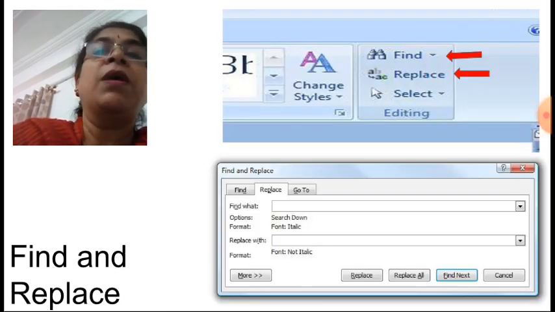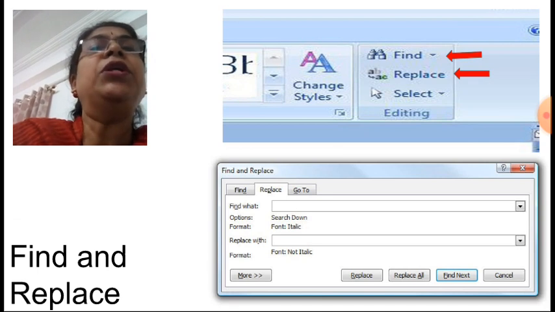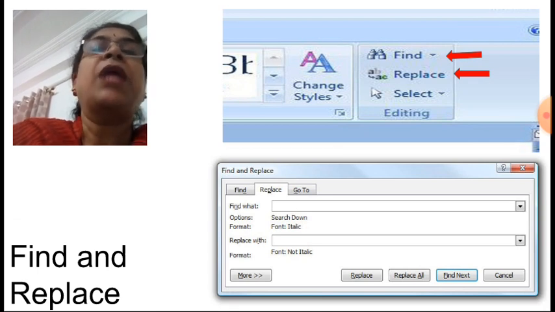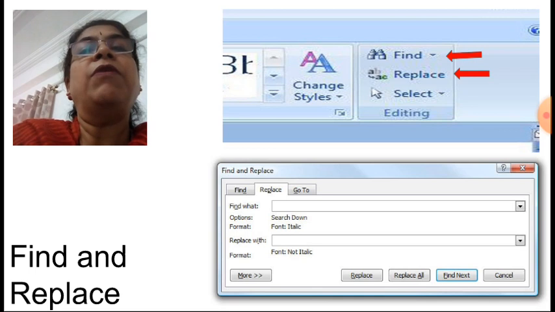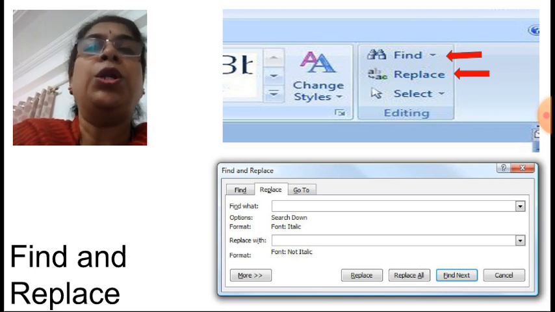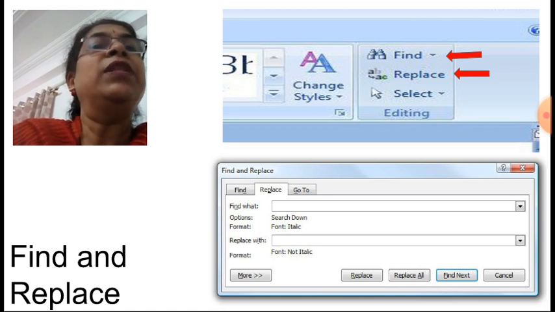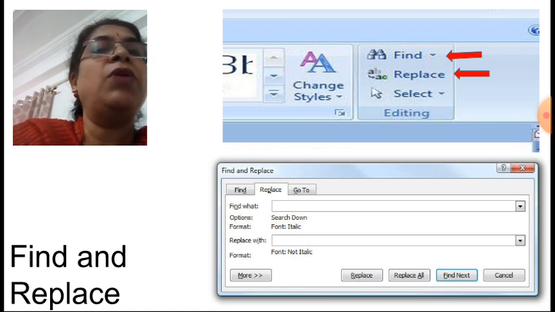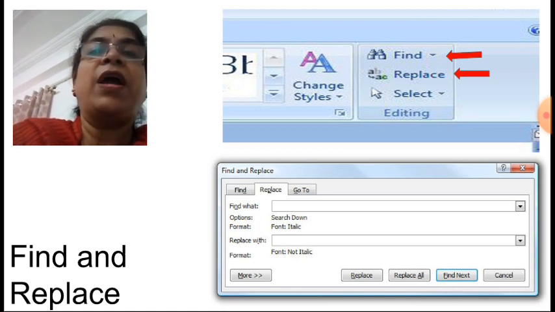Then we saw find and replace, means any particular word you can find and that found word you can replace with the new word. This option is available in the home tab editing group. See, it is shown with the red arrow, find and replace. Okay, so whenever you click on the find or find and replace option, a find and replace dialog box appears.